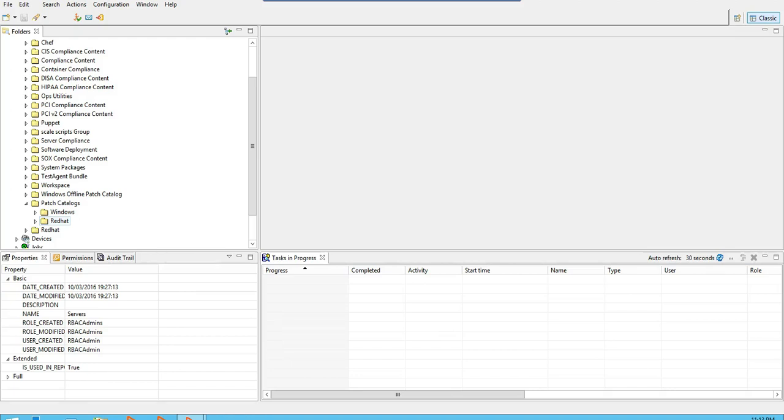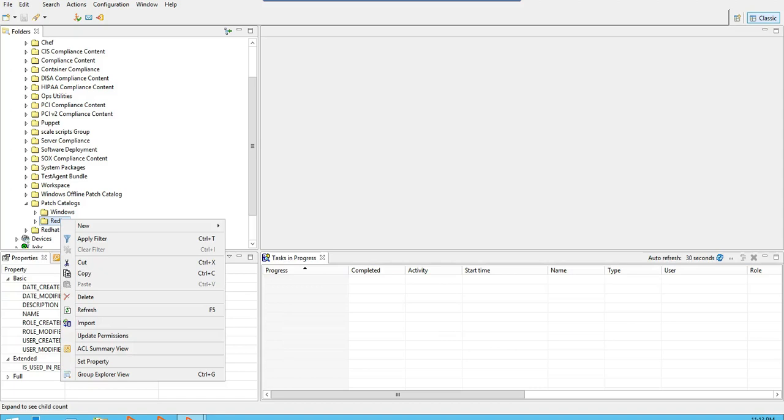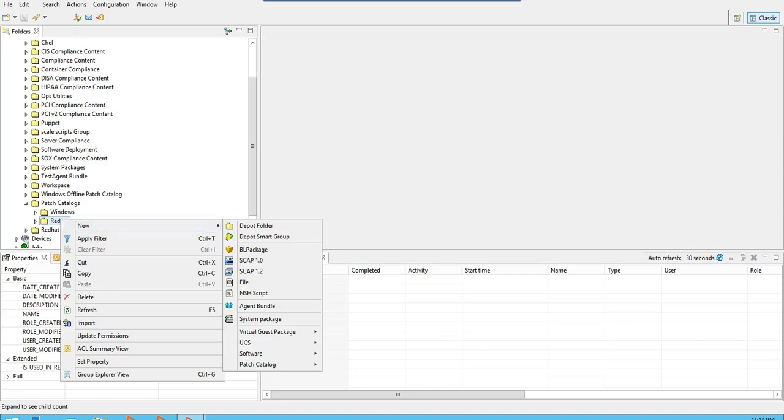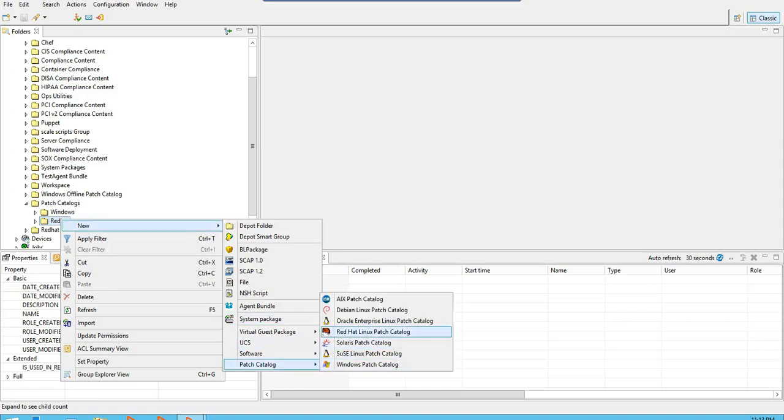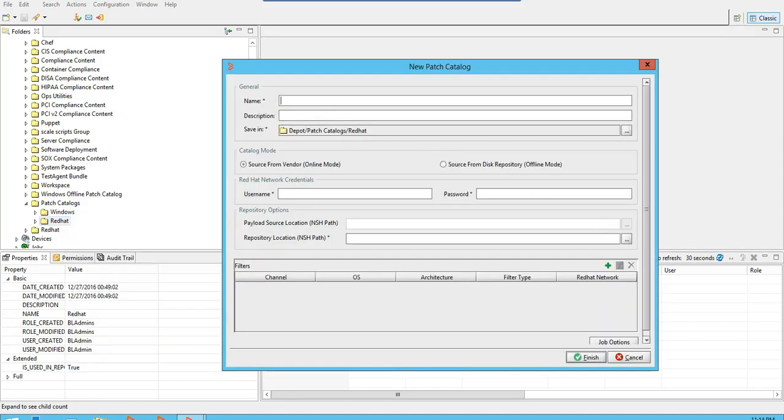Now I'll right click on the folder in which I want to create my patch catalog, select new patch catalog and Linux patch catalog. This is the Red Hat Linux patch catalog. Now let's fill all the fields here. Name,